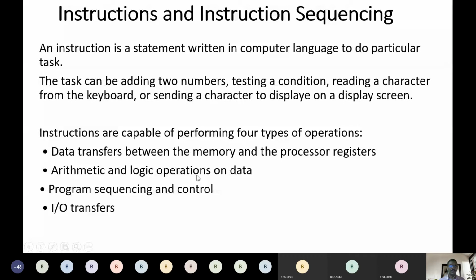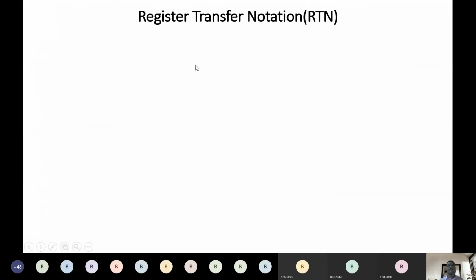So these are the different notations of instructions. Notation for representing instructions. You can see register transfer notation is one notation, RTN we call it for short. If we represent an instruction with this notation, it transfers contents to a register.